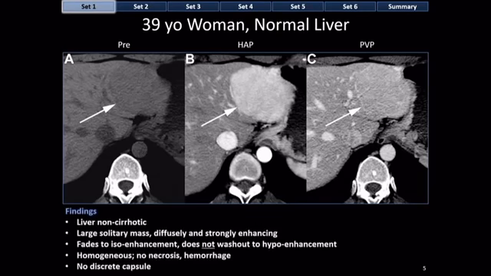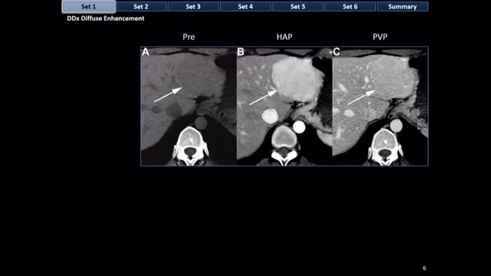What is the differential diagnosis for a lesion like this? Okay, so the differential diagnosis of diffuse enhancement in the arterial phase is as follows. Far and away, when you see diffuse hyperenhancement, you should think a hepatocellular lesion. And the hepatocellular lesions that you should think about are focal nodular hyperplasia, hepatocellular adenoma, in the setting of Budd-Chiari syndrome, a hypervascular regenerative nodule, in the setting of cirrhosis, HCC,